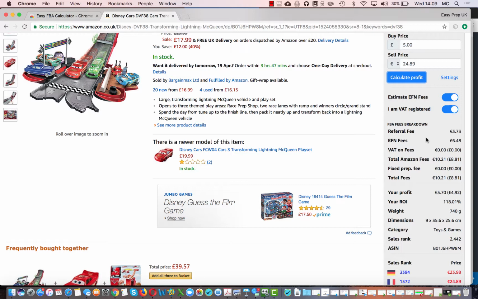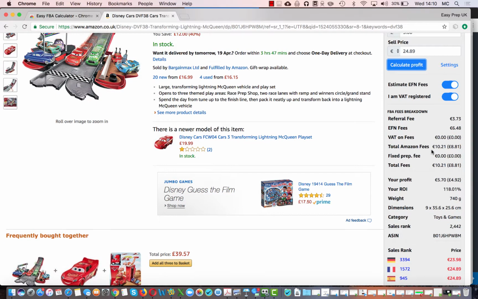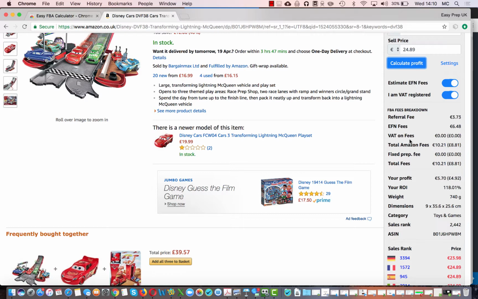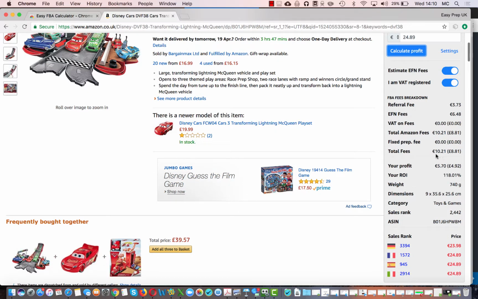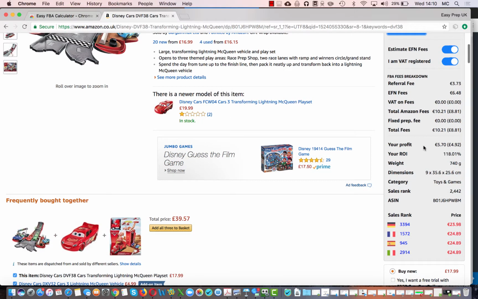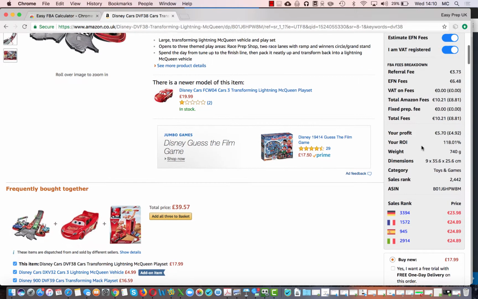Okay, so here you'll have your 15% referral fee, €3.73. Your EFN fees, €6.48. There is no VAT as such to pay on fees to Amazon. Total Amazon fees, €10.21 or £8.81. Fixed prep fee if you added it, and then total fees there. So here it's saying your profit is €5.70, £4.92, 118% ROI,